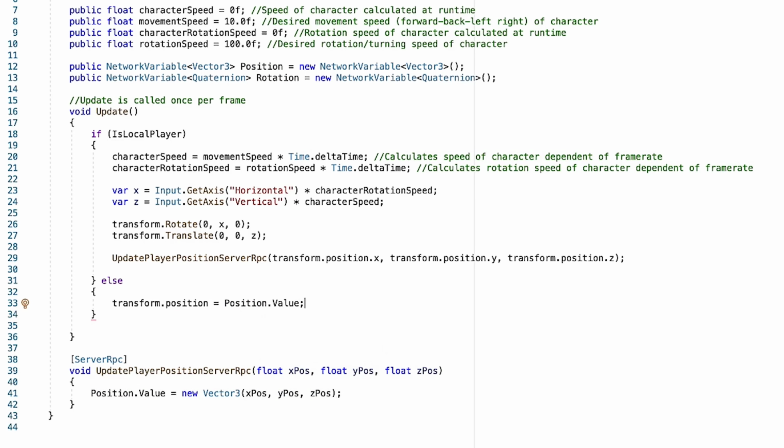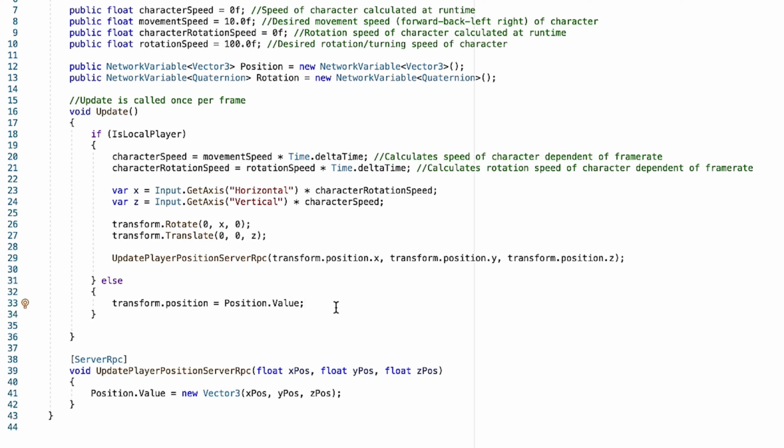So what exactly is this doing? The reason this particular line of code is so important in fixing the issue that we just encountered is that it allows us to see all positional changes made by all other players. What do I mean by that? Essentially, when we're using this UpdatePlayerPositionServerRpc function, we're updating the network variable that is being managed on our server for position. The issue arises that even though we're updating our position network variable on our server, we're not letting all the other players know that this position value has been updated in their local game.